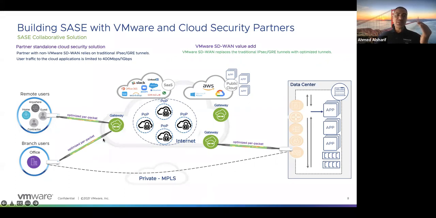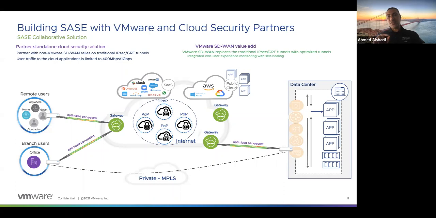That's what makes the connectivity super, super fast with our SD-WAN. We are going SD-WAN all the way to the doorstep of these security service providers, versus going legacy IPsec tunnel. And then we have the connectivity back to back. Okay, that's the value add that VMware is providing if somebody chooses to go with Netskope, for example.